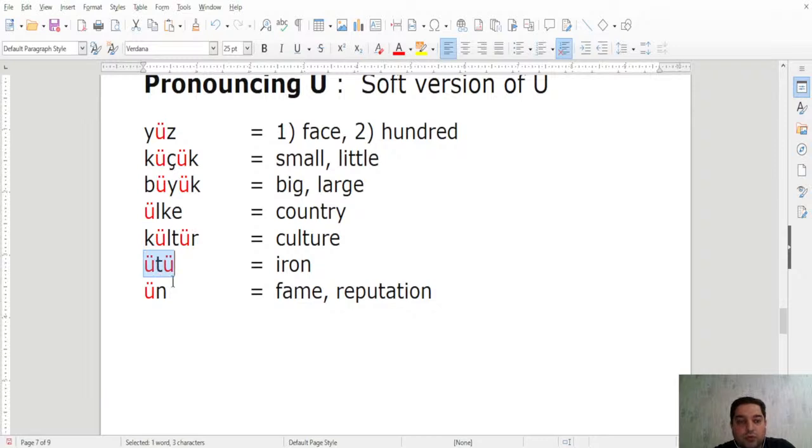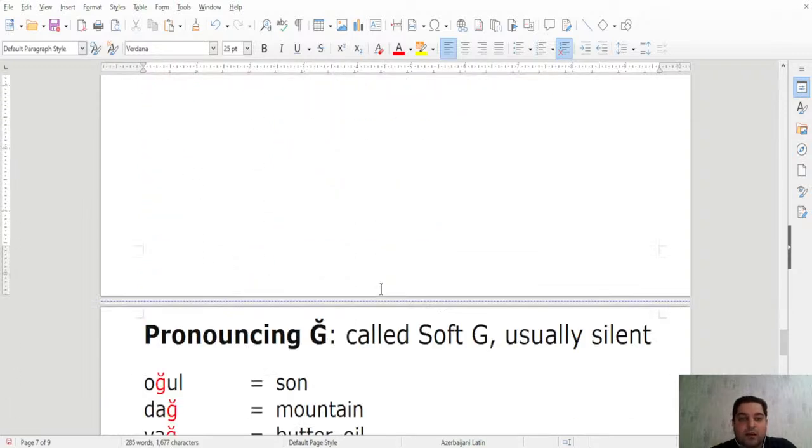Then we have ütü, which is an iron, meaning what you use to iron clothes, not the metal, because the metal iron is demir. That's a different word. Ütü here means the ironing utensil. And the last one is ün. Ün means fame or reputation. Ünlü means famous. If you add this, making it ünlü, it will be famous. All right, and the last one we have is the letter